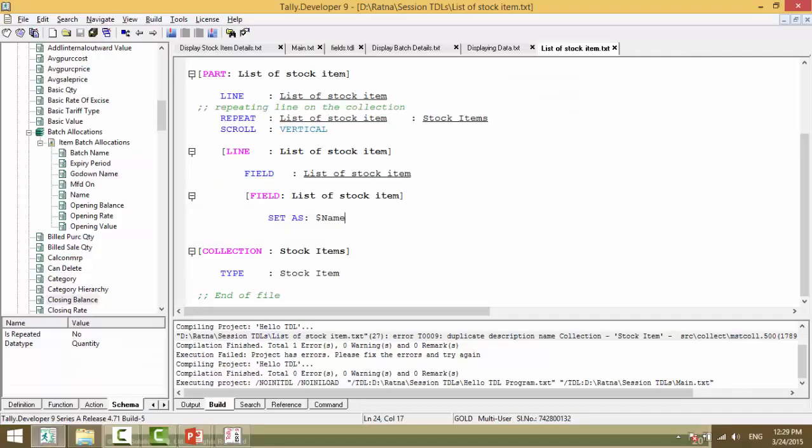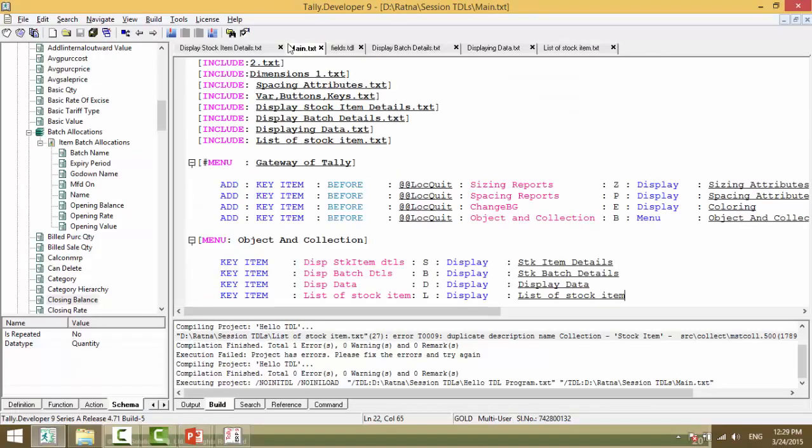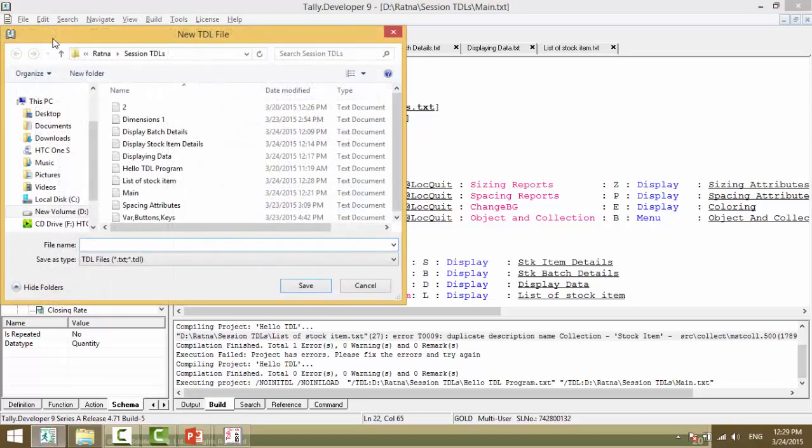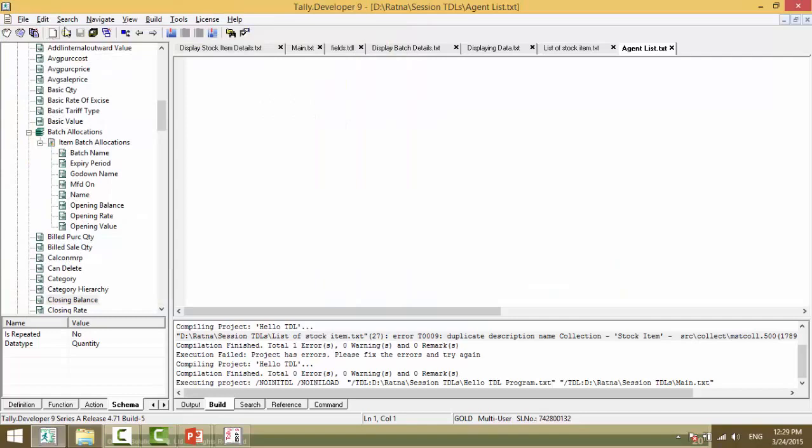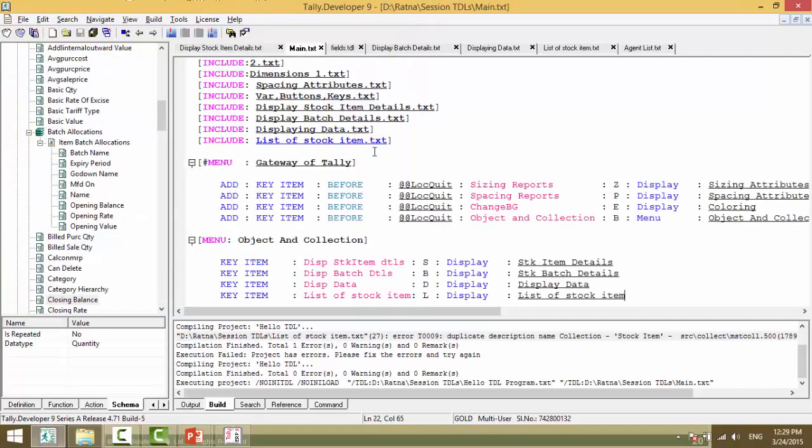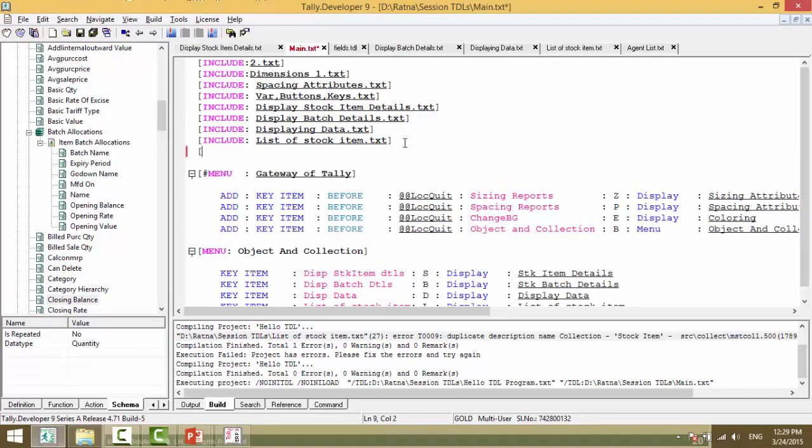So we will just go to main, agent commission, or we'll say agent list, add it to the main file. This is only the hard-coded values that we are trying to create, so it's absolutely okay. Agent list .txt,